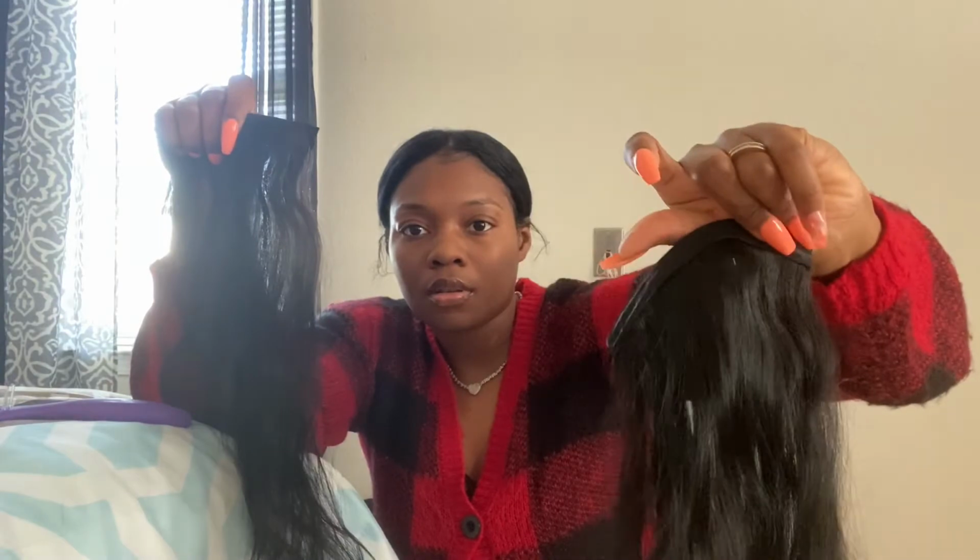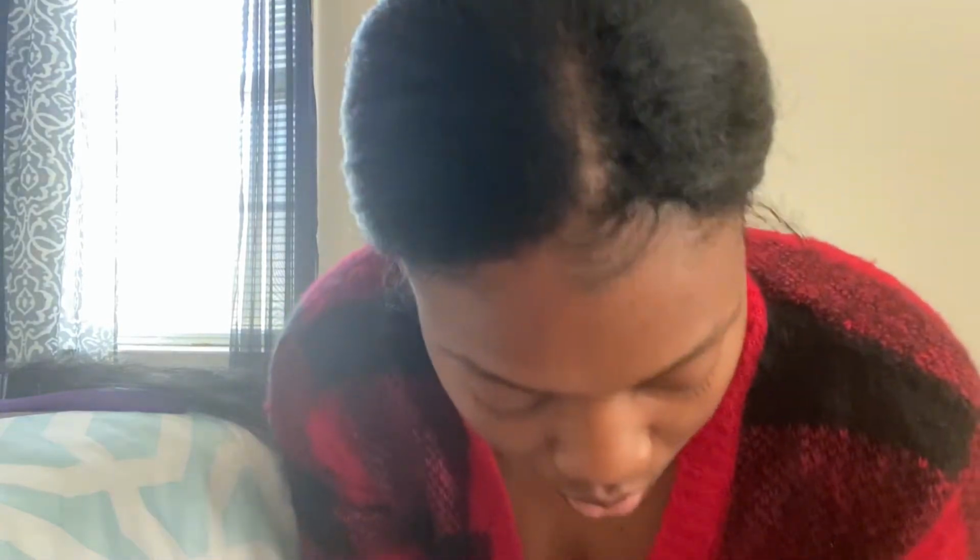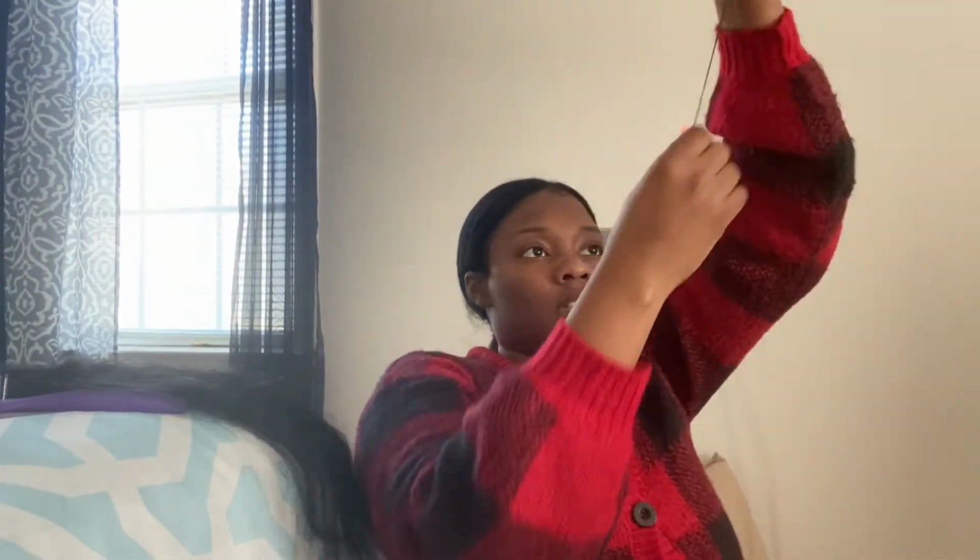here's the ribbon. The next step is putting the clips on the hair. So I'm just going to do this like I'm about to do a sew-in. This should be good. All right, so I have my thread and needle, okay, and I'm gonna take my first one